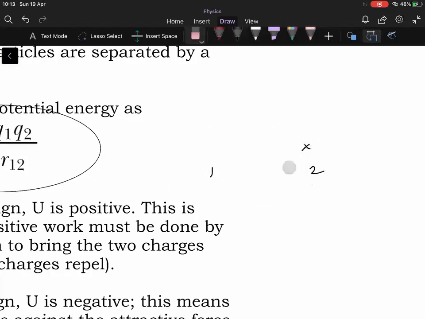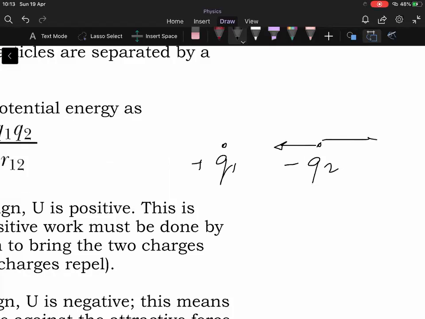Now, if both of them are negative, that same analysis will go. But if the two charges are of opposite nature, let's say this is Q1 and this is Q2. This is positive and this is negative. Now there is always a force of attraction between the two. The electric field of Q1 is radially away from it, but Q2 being negative, it experiences a force of attraction radially towards Q1. Now, if I let this charge Q2 move freely, it will come as close as possible.